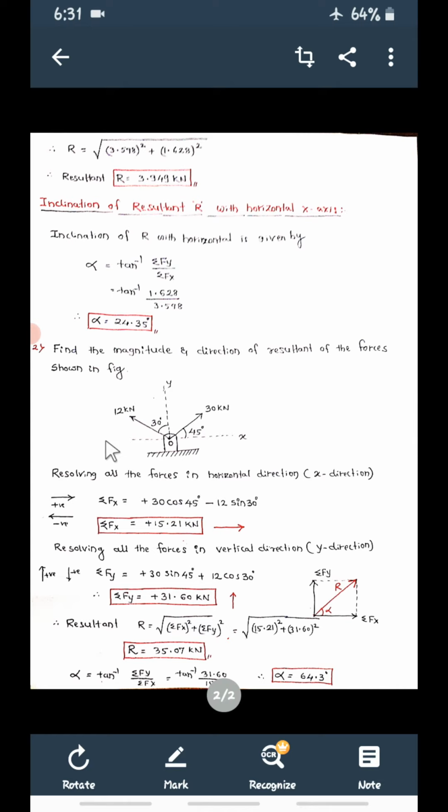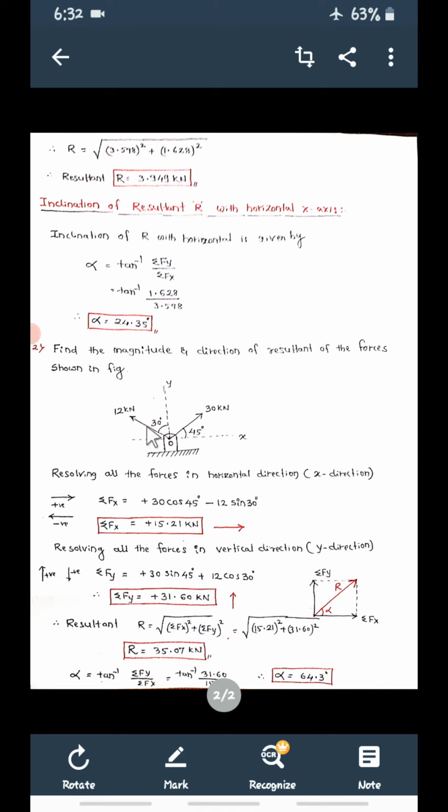Or what we're going to do? If this is 30 degree, how much is this angle now? This total is 90. How much is this angle? 60. Then if you go with this 60 degree, then it is minus 12 cos 60. Minus is because of this direction, minus 12 cos 60, or if you want to go with this angle only, then it is minus 12 sine 30, what I have written here, or minus 12 cos 60.